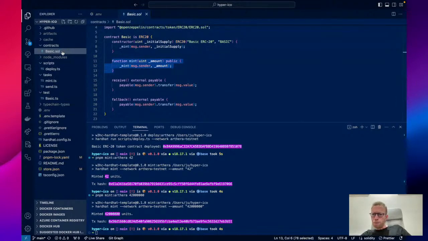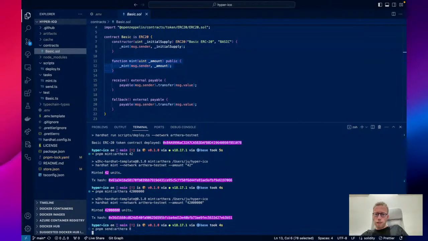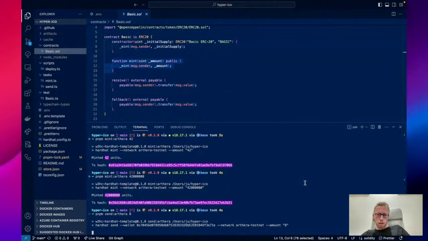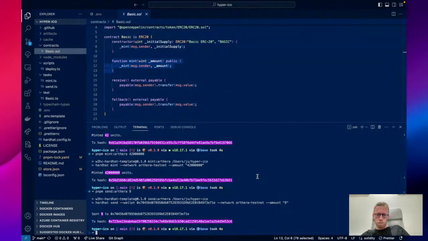And since it is a standard ERC20 token, I can use the transfer function. So let's see if I can send 8 units. Yes. There, I just sent 8 units